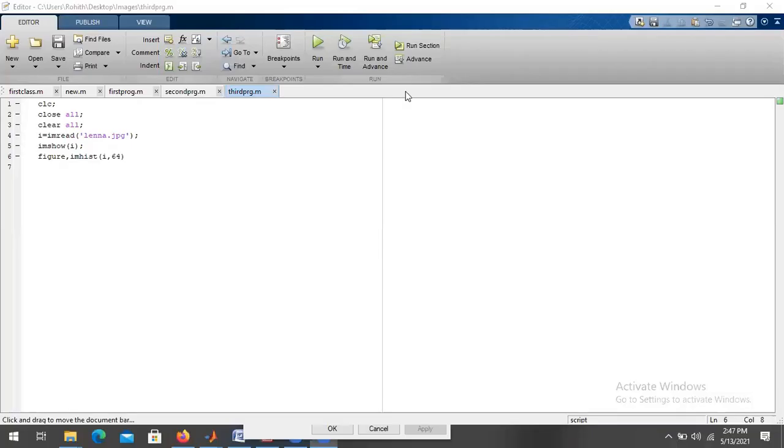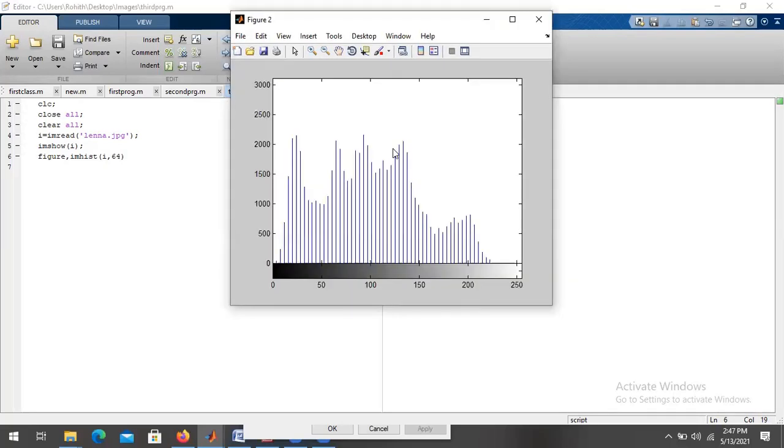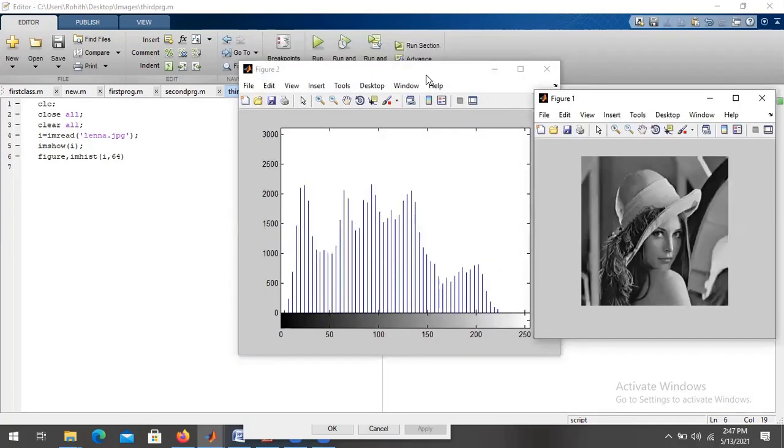So right students, here is how we calculate a histogram. I have taken an image, lena.jpg, and here I have used imhist(I, 64). The 64 is about to what extent we should calculate the histogram values. So 64 bins, or how many bits. So this is what the histogram values of